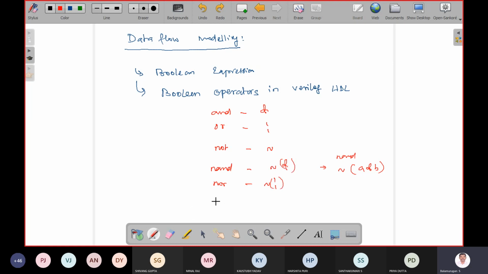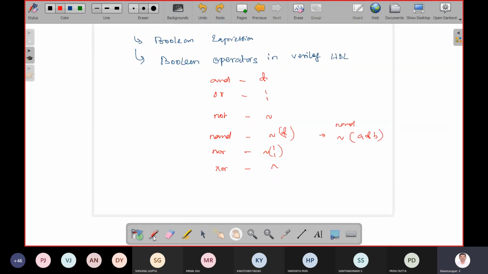Similarly for XOR you use the cap symbol, and for XNOR you use negation of cap or cap negation. Both are correct. These are the operators you have to use.